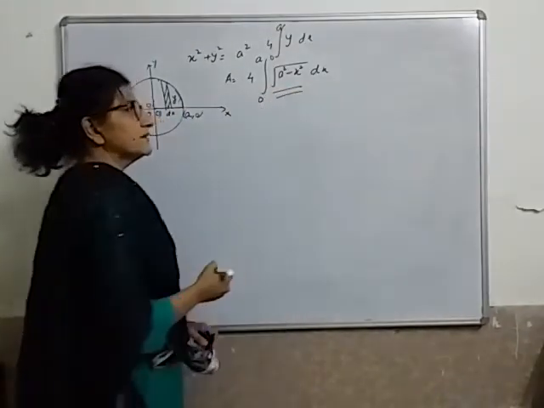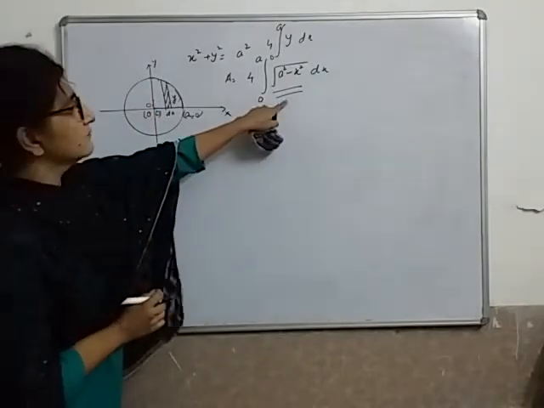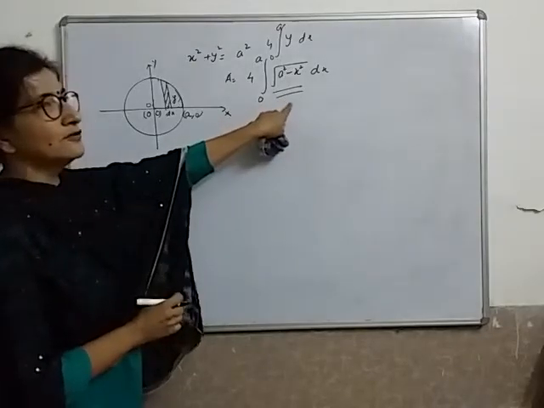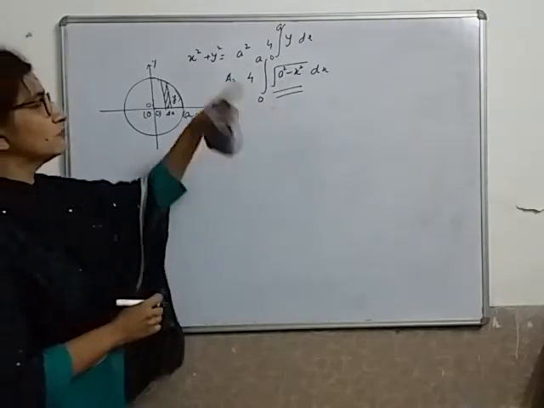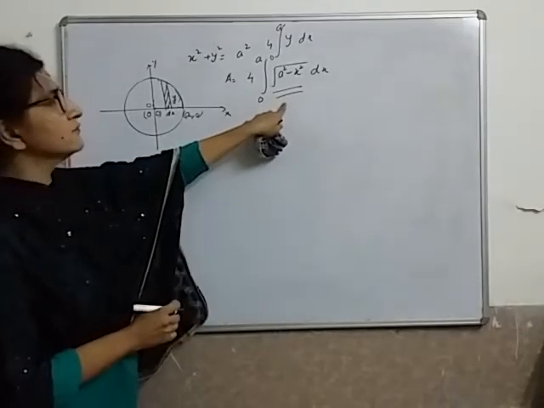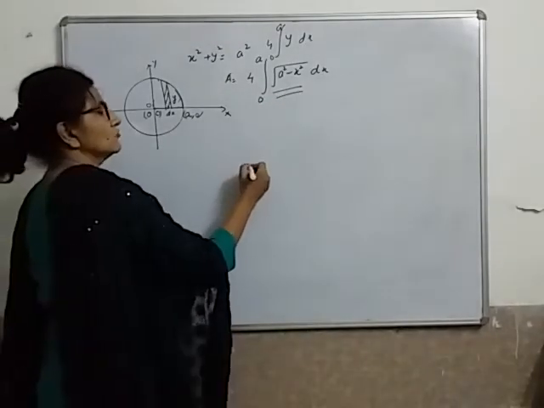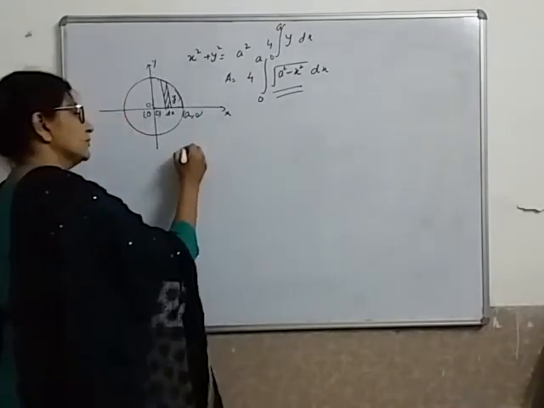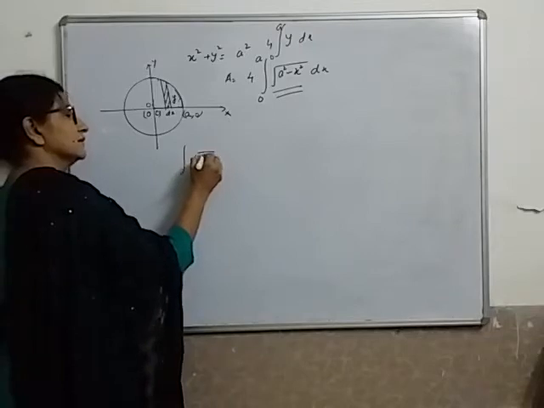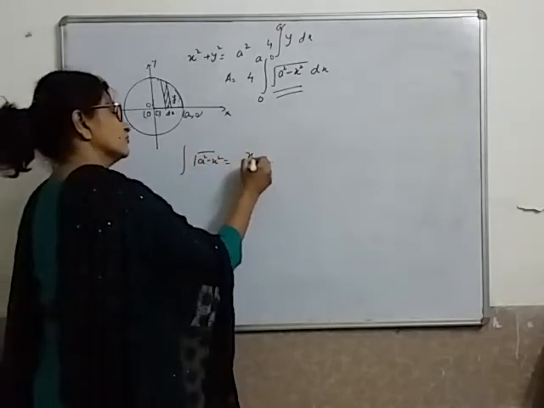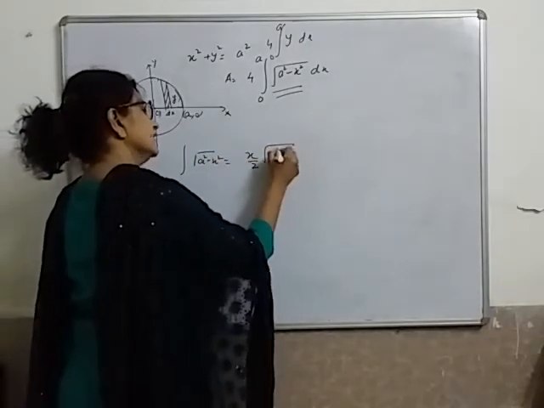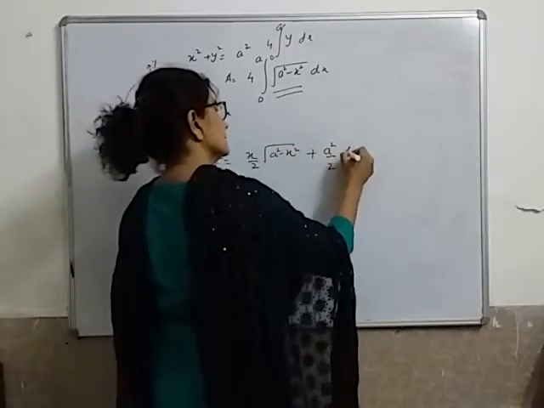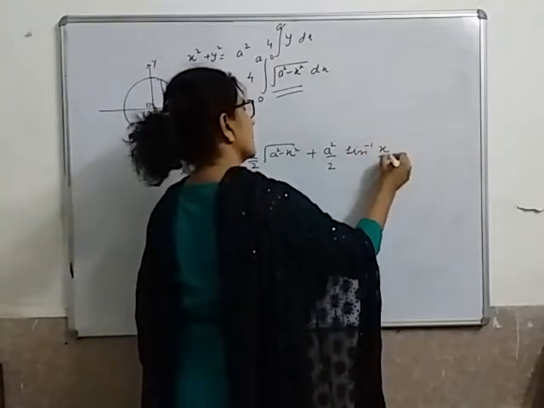Now 70% of your questions will be done with this formula in this chapter. So even if you do not know all the formulas, please remember those limited formulas which will be repeatedly used, and this is one of them. Almost, without exaggerating, 70% of the time this formula will be used. Do you remember what this formula was? It is x by 2 times square root of a square minus x square, plus a square by 2 sine inverse x by a.